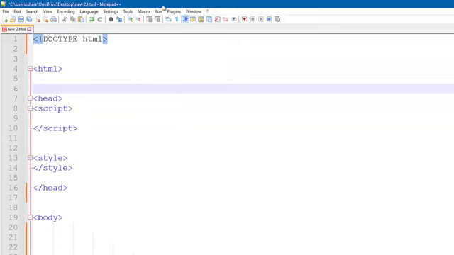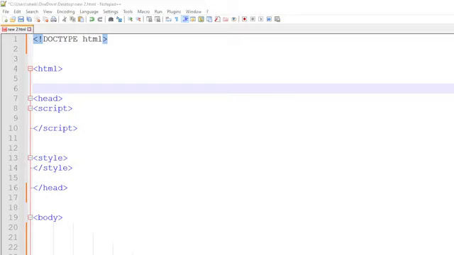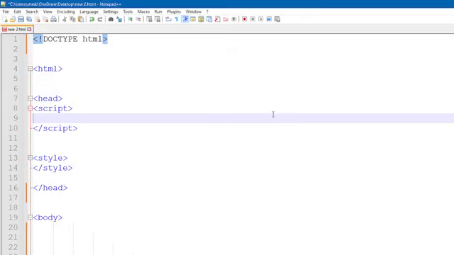So this is our Notepad++, and in this Notepad++, we have already written our basic HTML code. In this example, we will create a number pad using HTML table elements with buttons for each number. Each button has an onclick attribute that calls the playSound function with the corresponding number or asterisk as the argument. The playSound function takes the number as an argument and sets the src attribute of an audio element to